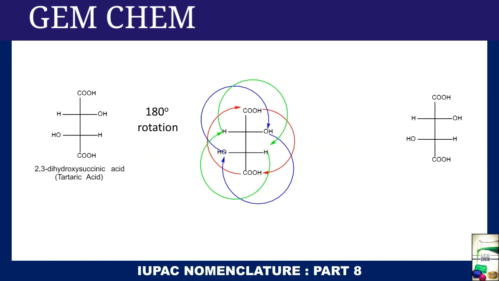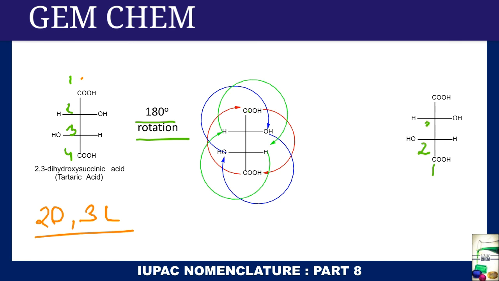Now if we take tartaric acid, which gives a drawback to the system, here we can write it as 2D and 3L, right, from this. But if we rotate the same thing in a different direction, then this was carbon 1, 2, 3, 4. Then on rotating by 180 degrees, we can see that this COOH, that is this one present here, comes down, and this OH goes here and this OH comes here. So the places are replaced, and ultimately the carbon numbering can be done like this, 1, 2, 3, 4.